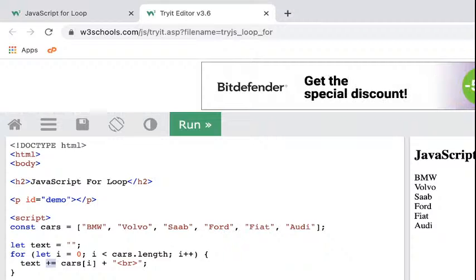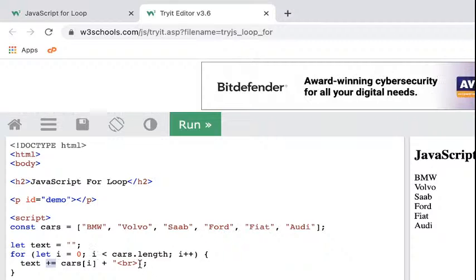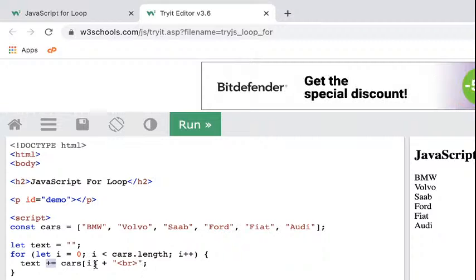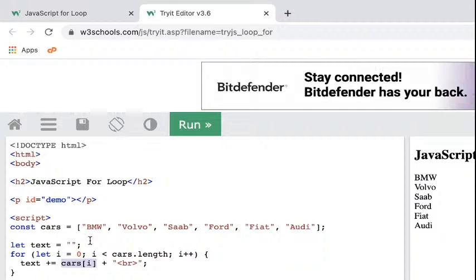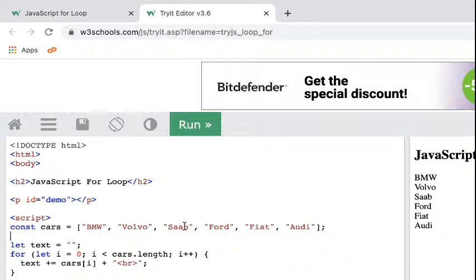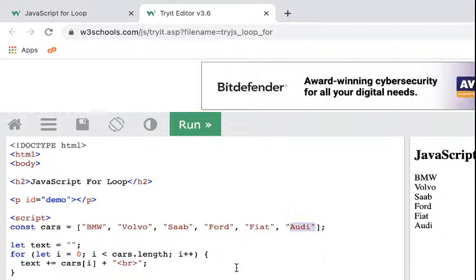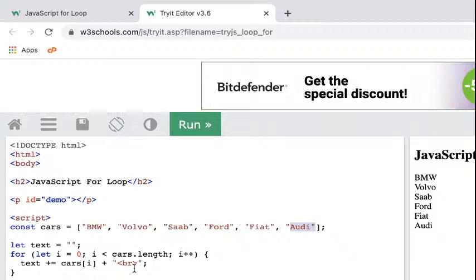Let text be set to a blank quote, which is going to be a break. Cars i, yes, i cars. This cars i, you're saying whatever spot in here, because i is representative for the placeholder. So BMW is 0, Volvo's 1, Saab is 2, Ford 3, Fiat 4, and Audi 5. Let i be set to 0, so the first one's BMW. If i is less than the cars dot length,